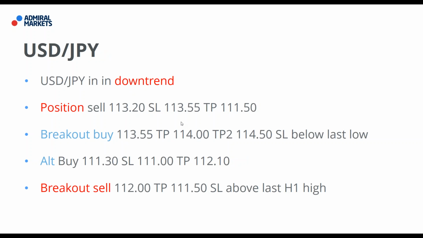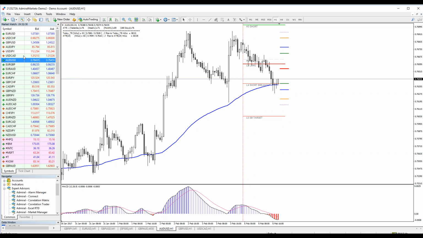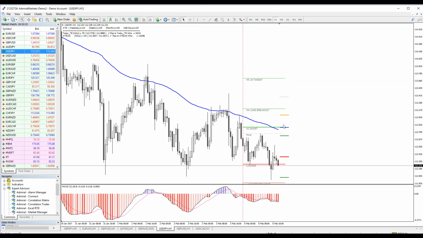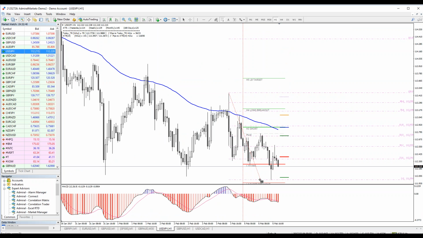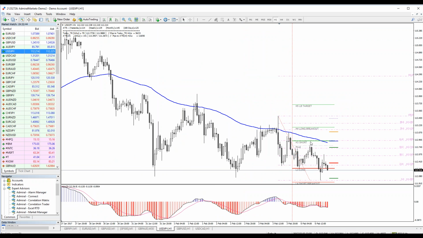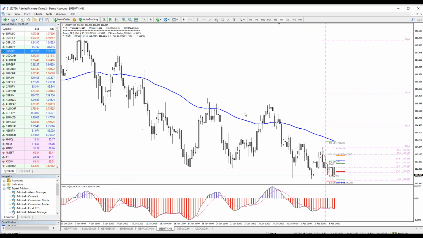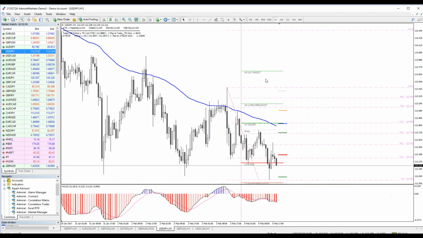And finally, dollar-yen pairs. Again, guys, now we have dollar-yen in downtrend. So I would recommend really that we sell on rallies now, and I would go with a positional sell around 113.20. Okay, dollar-yen 113.20. Very strong level. Here, guys, let me do the math. It's pretty much clear. You see, guys, this is a zigzag. This is a downtrend now, a 4-hour downtrend really. So pretty much clear that